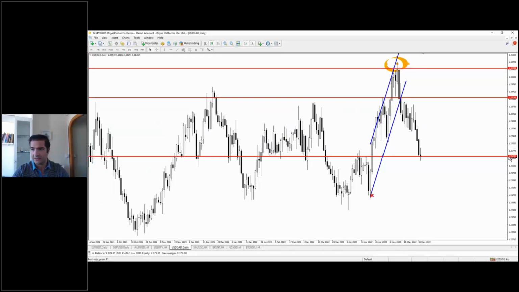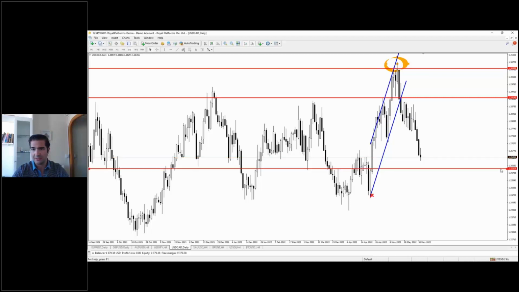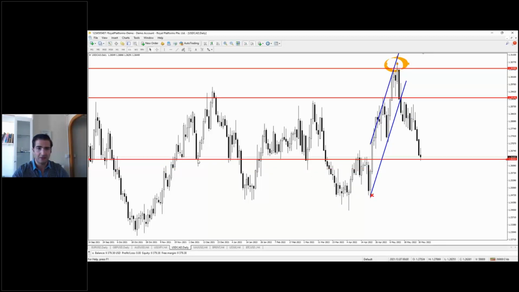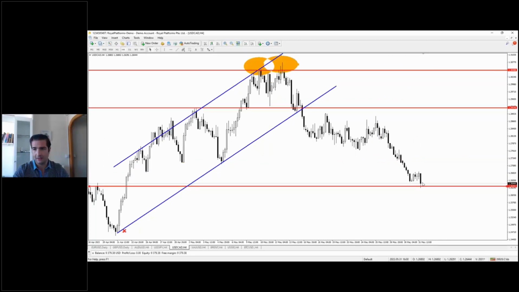You might ask me, how did I draw this line? Two bottoms are more than enough, but here we have one, two, three, four, and you can see the fifth now is respecting this support level. Okay, what's next? You might see either a small correction or a reversal, but a correction is more probable than